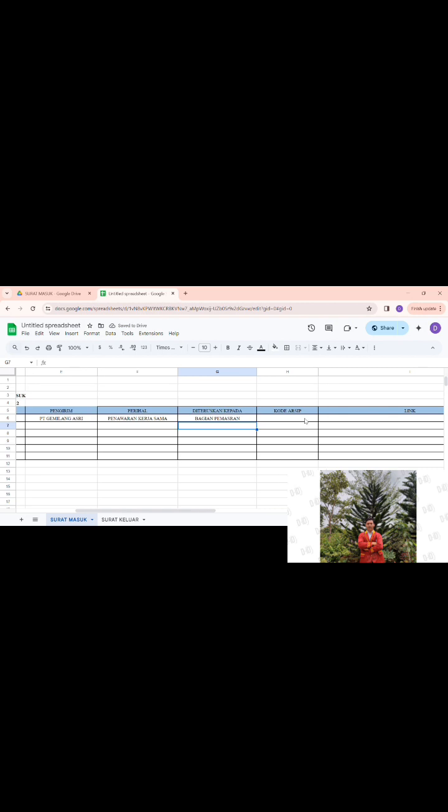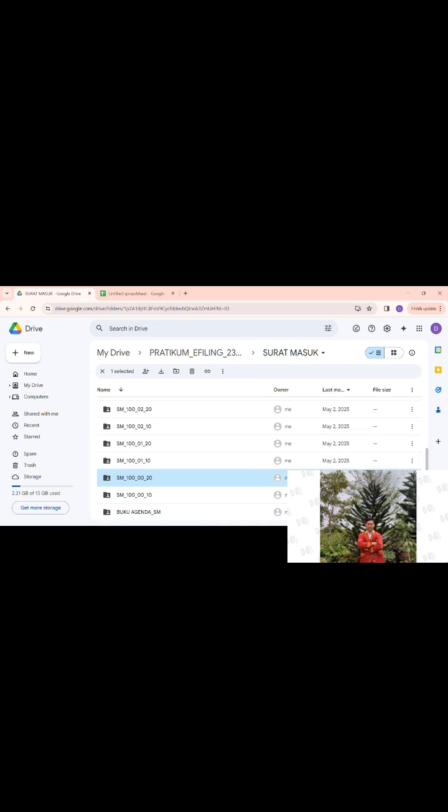Below is the recording for 5 companies. 1. PT Gemilang Asri. Date received, April 9, 2022. Letter date, February 9, 2022. Letter number, 109/9/2022. Sender, PT Gemilang Asri. Subject, cooperation offer. Forwarded to Marketing Department. Archive code,